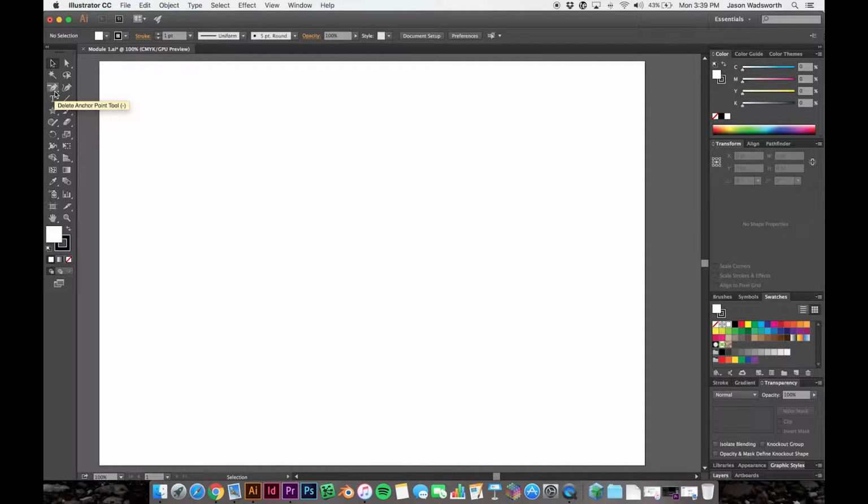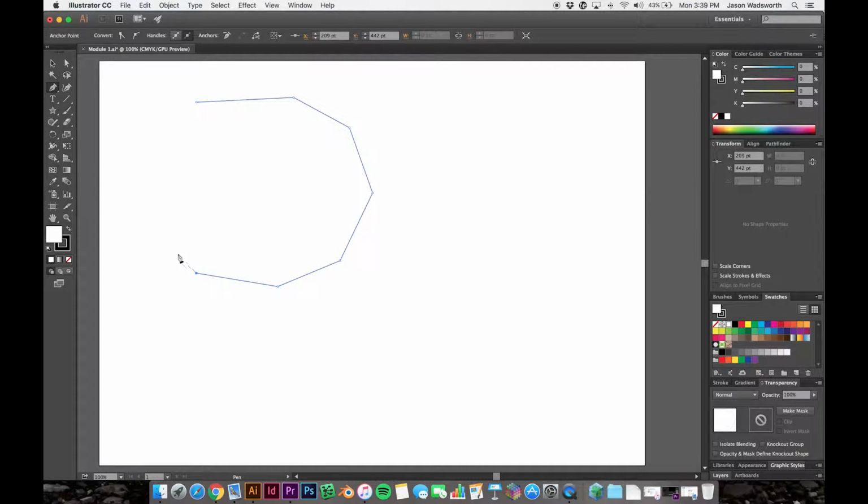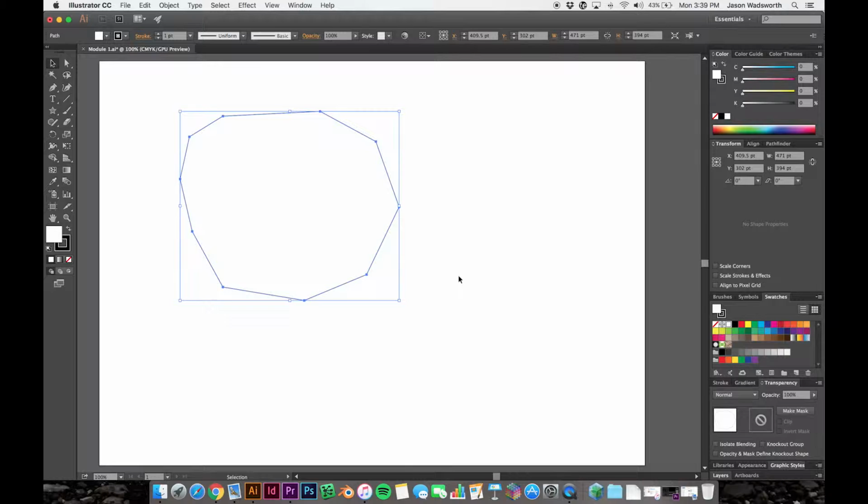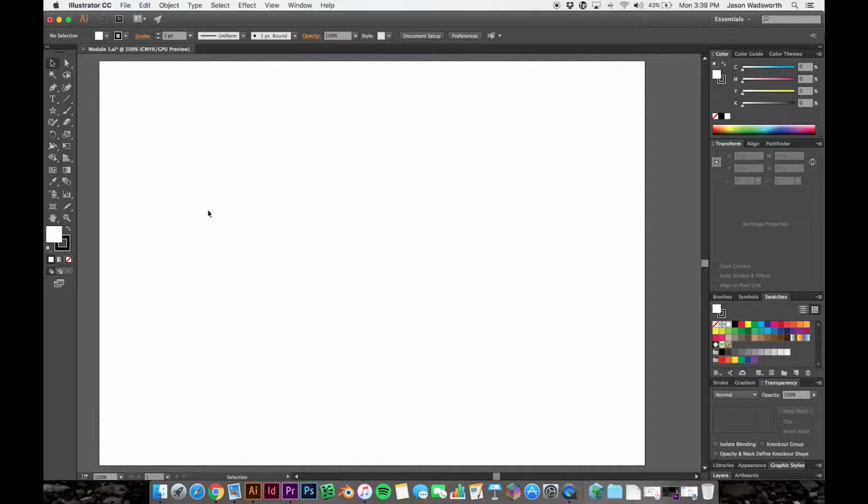The other is, we already saw the pen tool, so we'll have to right click on it again and go to the pen tool, or press the letter P, and that will give you your pen tool, and you can click and it will automatically start creating lines between wherever you click. You're creating anchor points as you go. So we're just creating a lumpy circle, and that's my new object. So I'm going to delete that